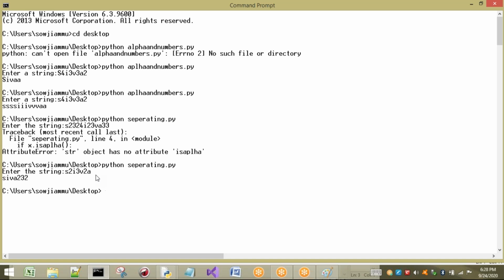Here what I have done, I have taken one string and I have separated numbers and alphabets. For example, I am going to take some special characters also. Let us consider ampersand, some V, some dollar, some A. Now what should be the answer? SIVA will be first, and ampersand and dollar will be aside, because I am not going to take only the numbers.